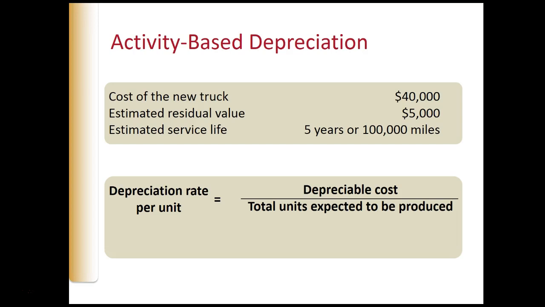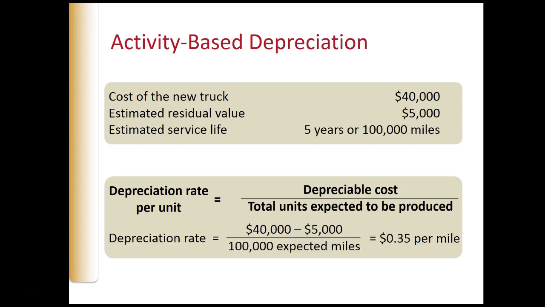Now we'll look at activity-based depreciation. In this method, we allocate an asset's cost based on its use. In straight line and declining balance, we measure depreciation based on time. We first compute the average depreciation rate per unit by dividing the depreciable cost, the cost minus the residual value, by the number of units expected to be